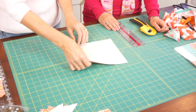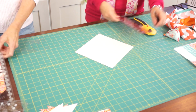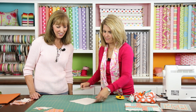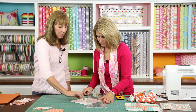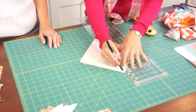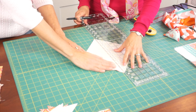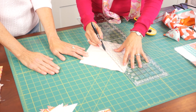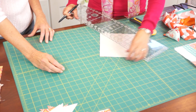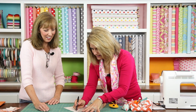Now we're going to draw a diagonal line, a diagonal X on this one. We'll get a bigger ruler here. Yes, we will need a bigger ruler. Then we'll stitch on both sides of the line, on both lines. Okay, careful not to distort your fabric. Good. Yeah, you can just feel that pull of the bias as you're...